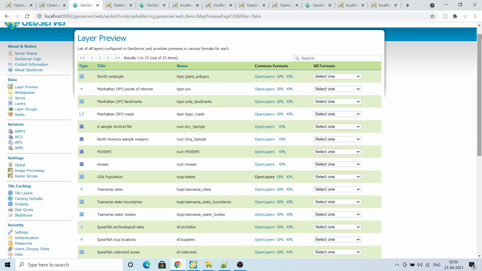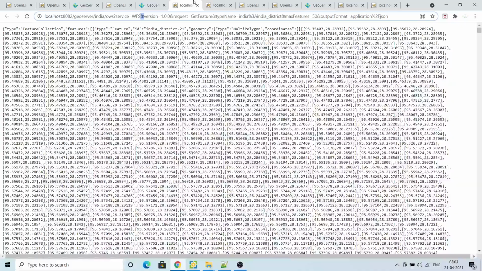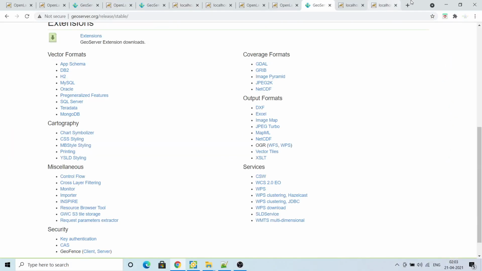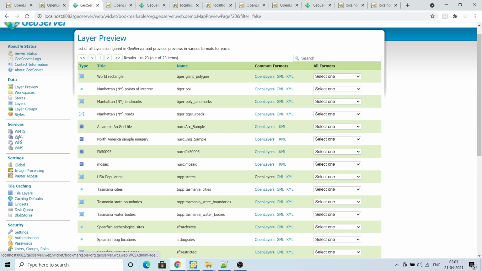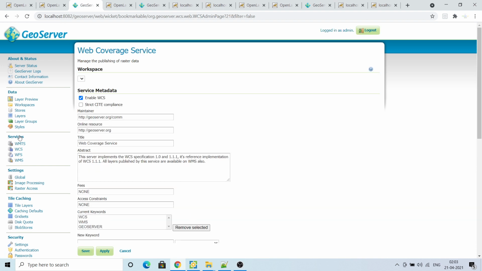Okay, so I hope this tutorial will be able to help you in utilizing the GeoServer WMS, WFS or transaction services. There are other services also, WPS, but there is an extension for this. If you download the GeoServer, there are n number of extensions here, WPS. So you can download this and import into the GeoServer, and you can use web processing services also, and web coverage service also, WCS is also there. So maybe I will make another video for WCS and WPS definitely.